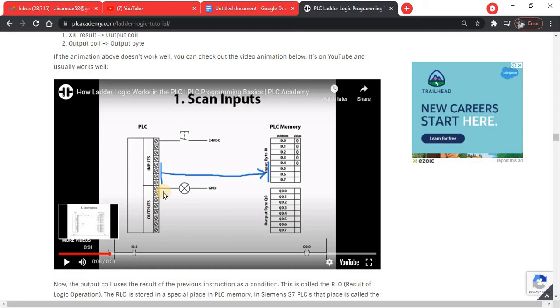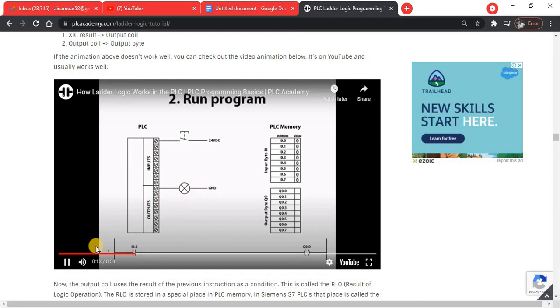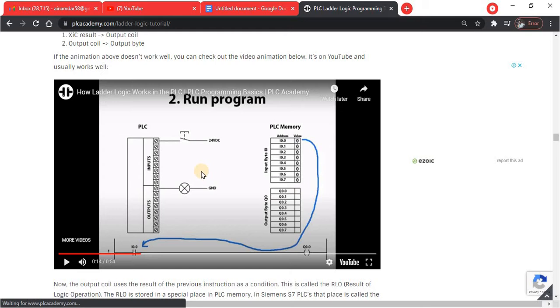So when this PLC has the state of all the inputs saved, the program will start to run. Okay, in the first step it will save all the states of this input and output, as you can see here. Okay, these are saved, then the program will start when the inputs are saved. The first instruction to be executed is the examine if closed, means normally open. The result of this instruction will be the same as the state of the memory bit. Okay, you can see here.